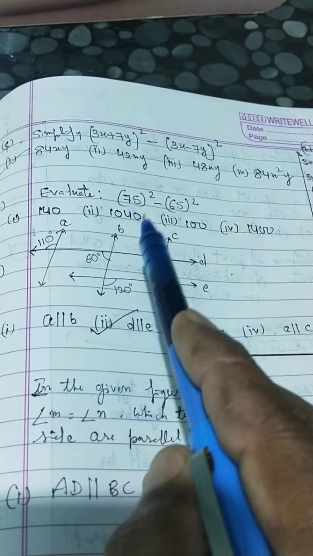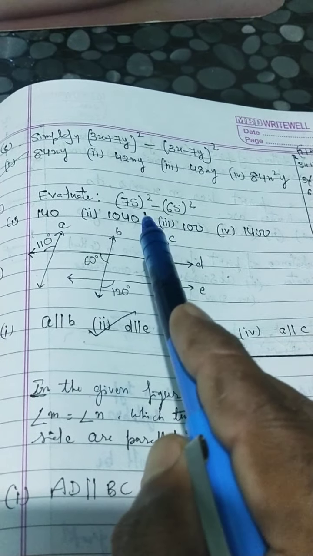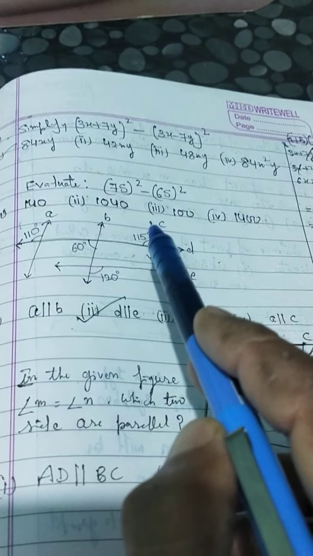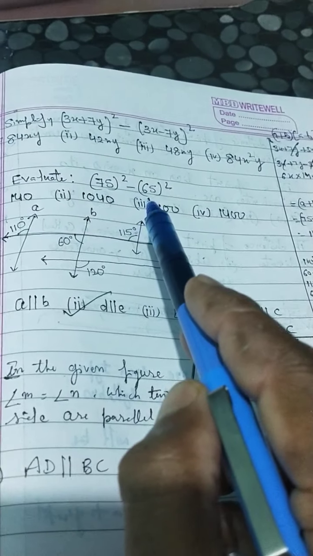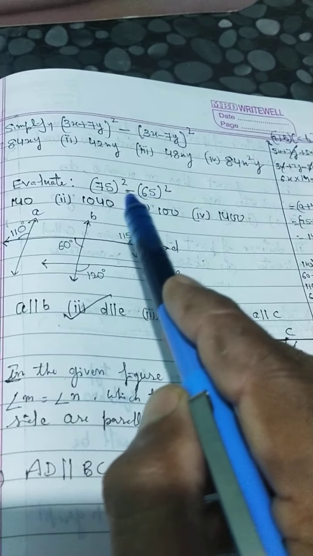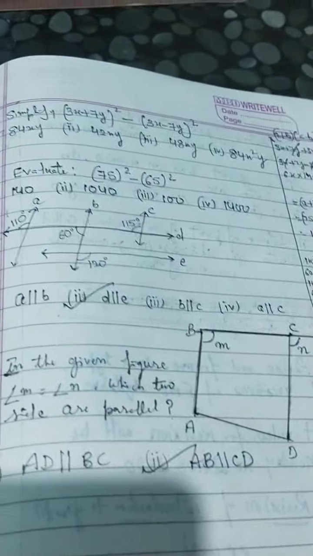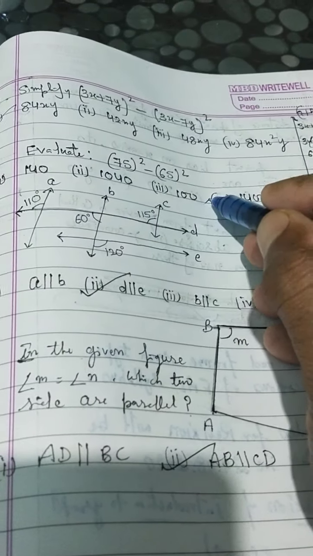Evaluate 75 square minus 65 square. Again identity a square minus b square, same, (a plus b) into (a minus b). 75 plus 65 is 140, 75 minus 65 is 10, 140 into 10 is equal to 1400. This is your answer. Fourth one is your answer. Next,